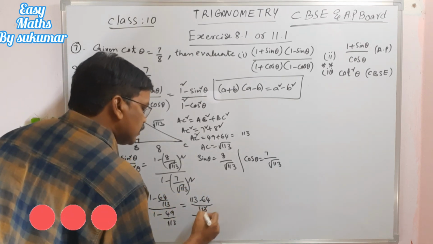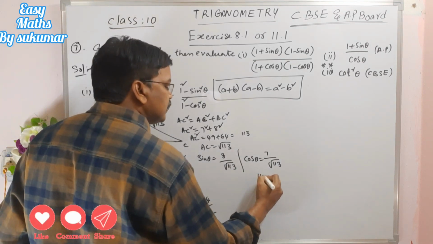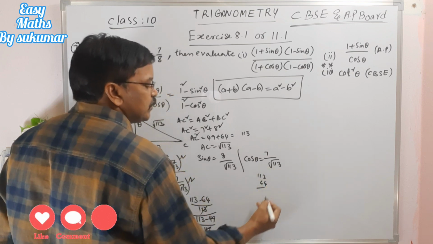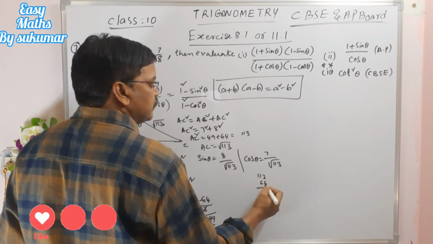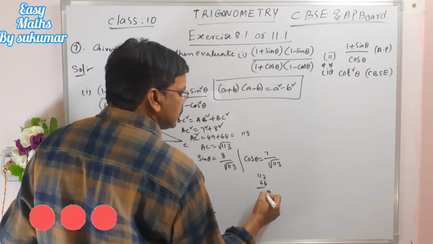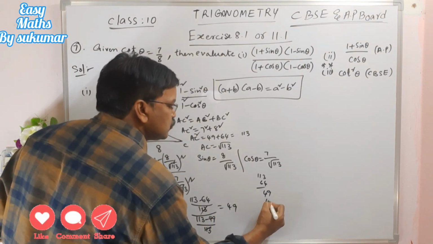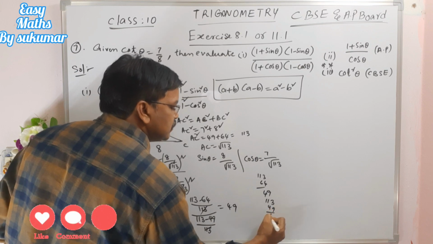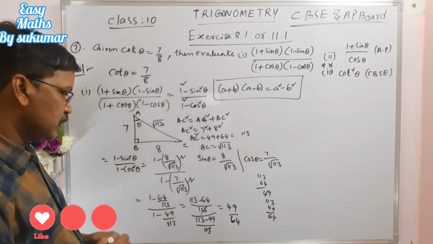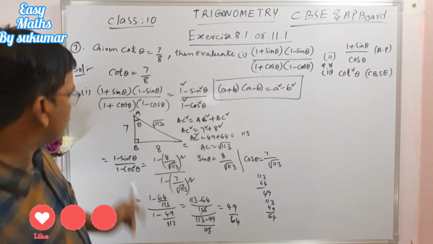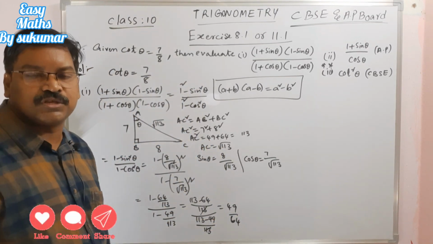So my dear students, here this 113 and 113 both will be cancelled. Then finally 113 minus 64. So 13 minus 4 is 9, and here 0 will be there. If you take from here, 10 minus 6 is 4. This is 49. And what about this 113 minus 49? This is 64. So 49 by 64. Okay, so finally that 1 minus sin square theta by 1 minus cos square theta is equal to 49 by 64.